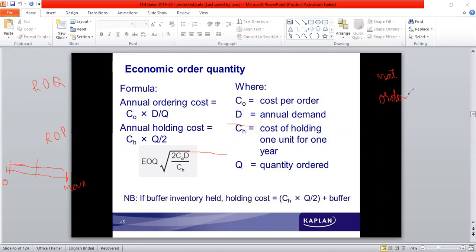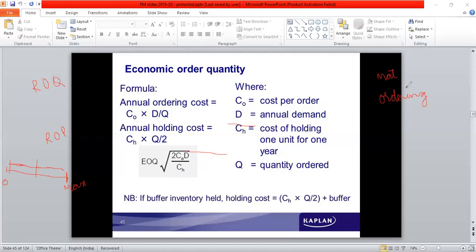Ordering costs include, for example, someone appointed to look into these matters and communicate with the suppliers, postage, telephone, and so on, wherein they are in touch with the suppliers, orders are placed, and suppliers supply the material according to the requirement. So there is a procedure for ordering also. It is not simply walking into a showroom and purchasing material. There is a procedure where orders are placed with the supplier, and someone takes care of all these things.